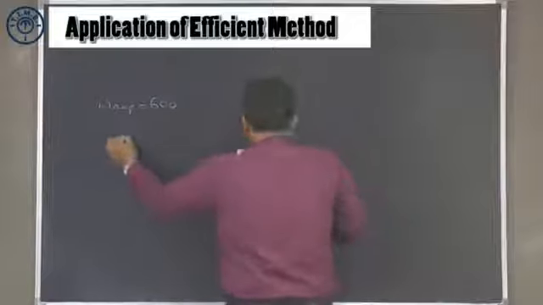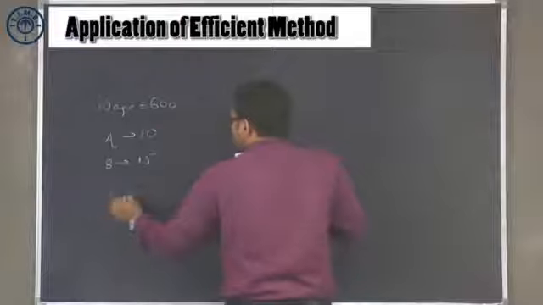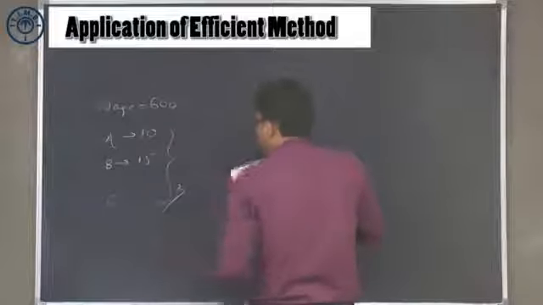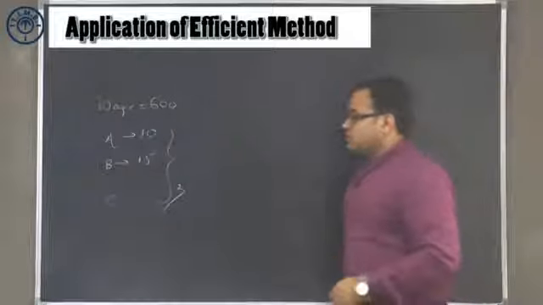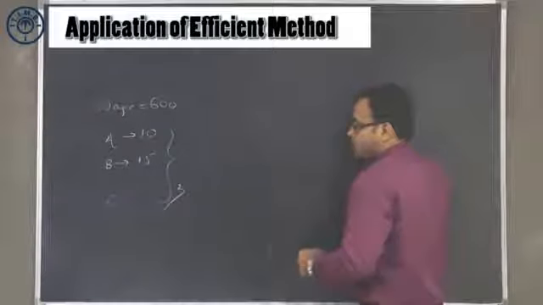A can complete the work in 10 days, B can complete the work in 15 days. Together with C, they complete the work in 3 days. So we have to find the wage of C. What we will say is, in 3 days,